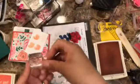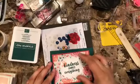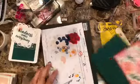Oh, I don't want to lose these things. I want to put them like so. I'm going to be losing them. So I'm just going to leave it like so. And it might look nicer if I had put more. No, I'm going to leave it like that. So let's just do that. So I'm going to go ahead and